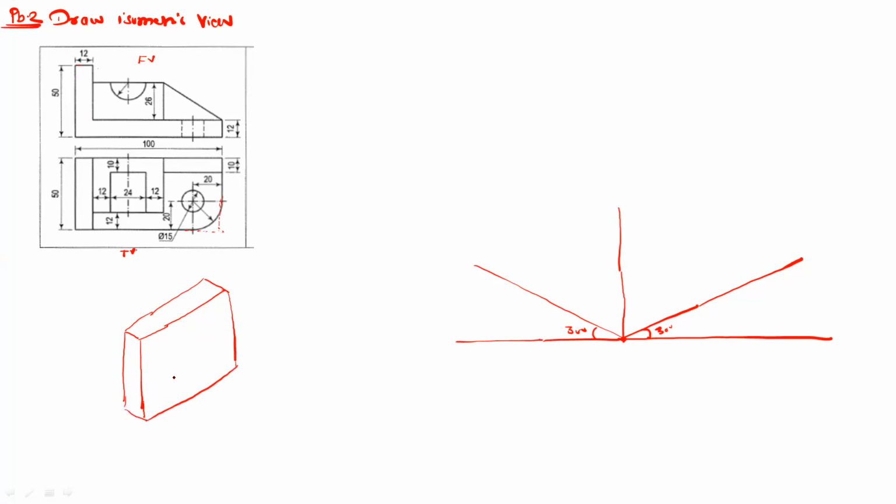After this you can create this plate, that is the bottom. At this corner, actually this corner is not visible in the top view, so we need to give the fillet like this. So this corner is to be removed.